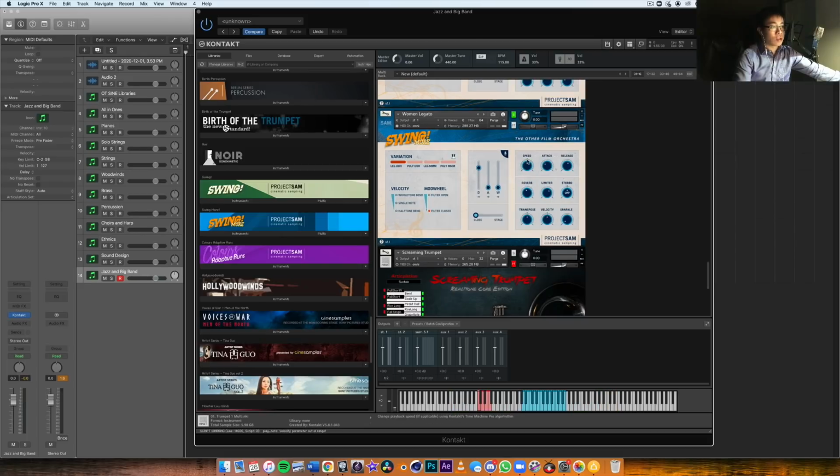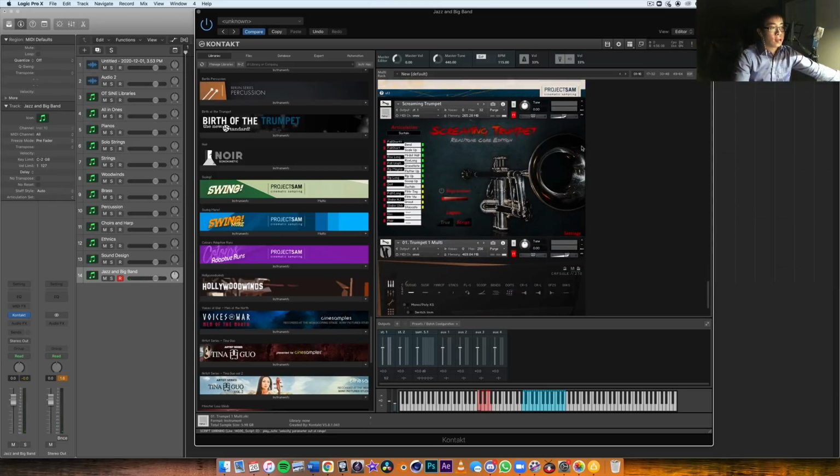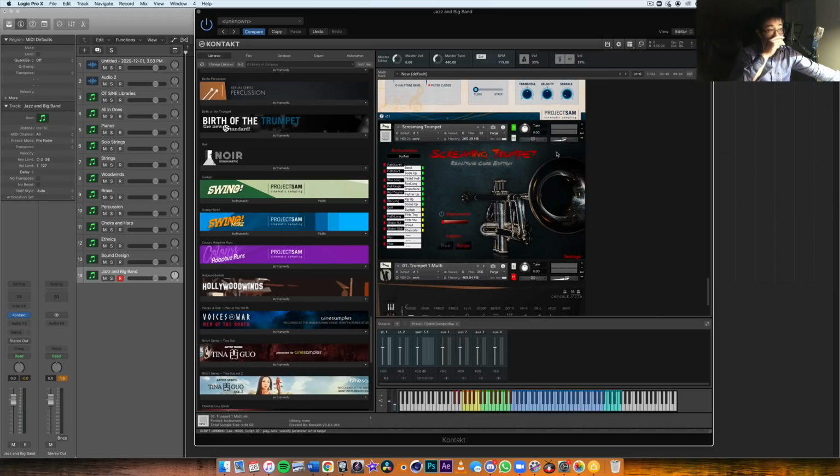And then we also have the female legato voices. All right. Then Screaming Trumpet from Realitone is a cool library that features Wayne Bergeron,